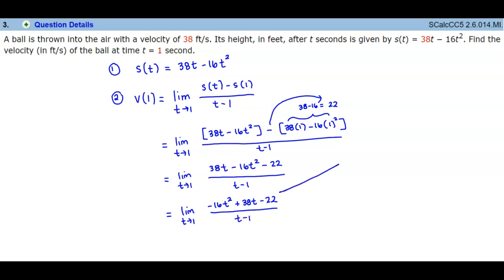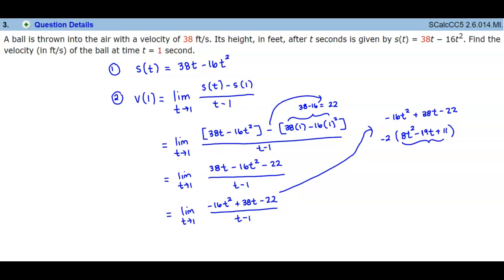Okay, so now we need to factor this. So we're going to have to factor using the AC method. So let's go ahead and factor. So we have negative 16t squared plus 38t minus 22. We can factor out a negative 2, and what we get is positive 8t squared minus 19t plus 11. Okay, so we need to bring back that negative 2, but here we need to factor this using the